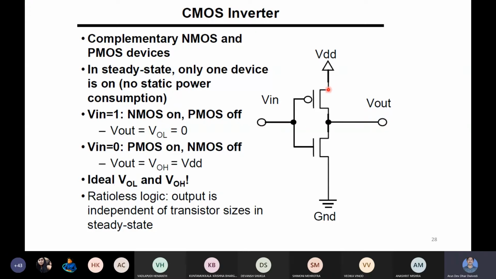And why will the PMOS transistor not be on? Because it becomes on only at a negative gate voltage relative to its source. Here you are giving logic high, which is VDD, at the gate. At that time, this PMOS will be off.